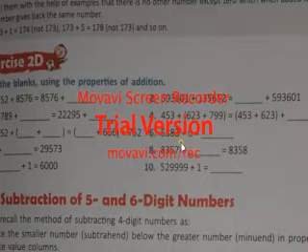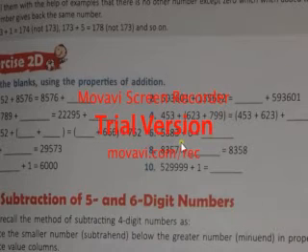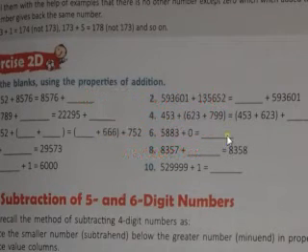What is the property of 0? When 0 is added to any number, or any number is added to 0, the number does not change. That means the number to which 0 is added remains the same in both cases. 0 doesn't affect it. So here also 5883 plus 0 will become 5883 only, no effect on the number.